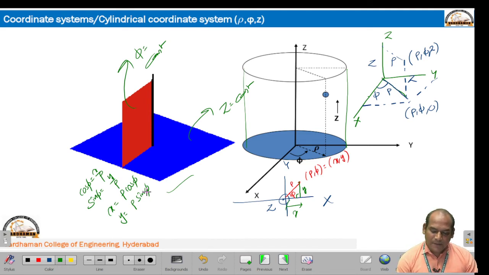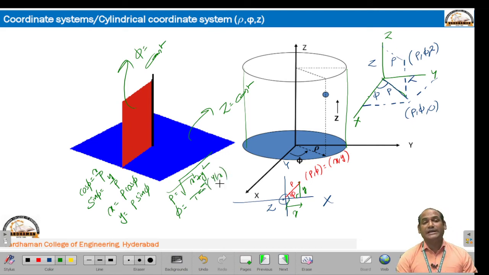Otherwise, apply Pythagoras rule. What is the rho value? Rho is equal to square root of x square plus y square, and phi is equal to, using y and x, how to tell phi value? Tan inverse of y by x. So, if you have x y, you can get rho phi. So, the point can be converted. If you have the point in cylindrical coordinates, you can get the point in Cartesian coordinates, or if you have the point in Cartesian, you can get the coordinates in cylindrical, that is the thing, and anyway